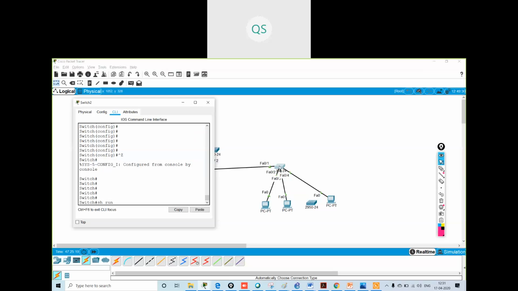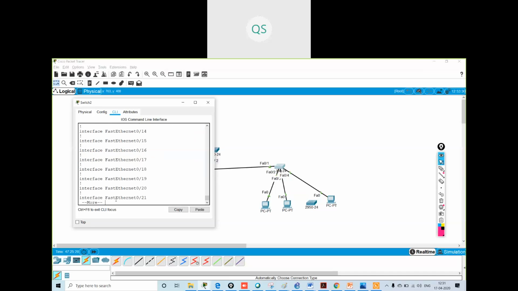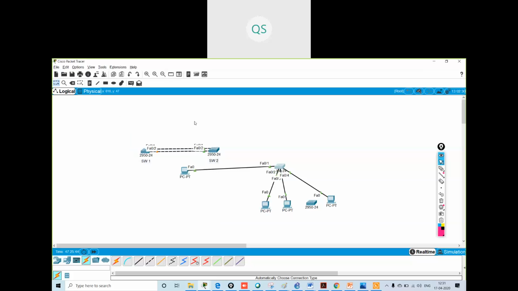Show run. Five ports I have made, so I will use port number 6. Config T, interface fast Ethernet 0/6, spanning tree guard root. Okay, I have made it root guard.